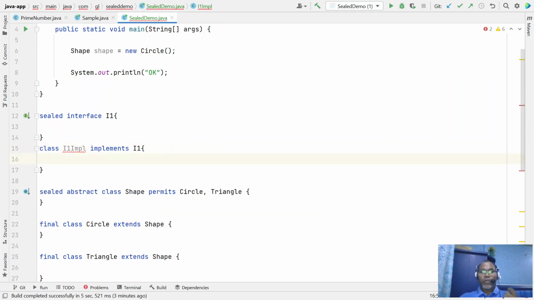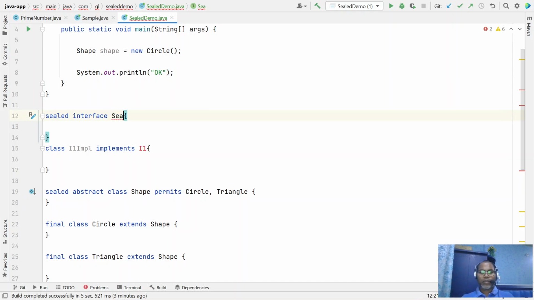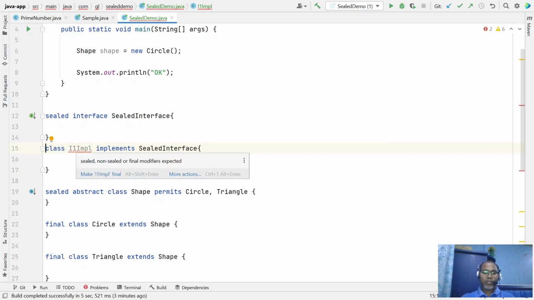Whenever you are going to implement any sealed interface, any class which implements a sealed interface must be marked sealed, non-sealed, or final.